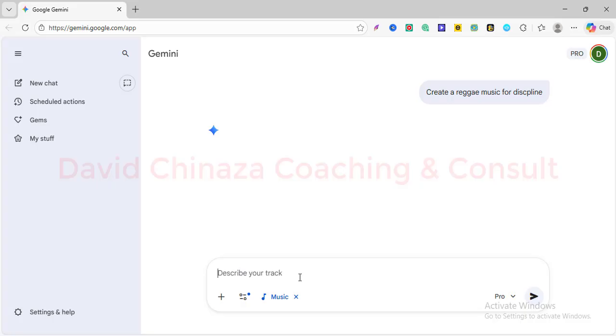Remember, this is just for tutorial purposes. You need to give it a detailed prompt on what you really want the music to be like. You can as well give it the lyrics and the kind of music or the beat you want it to produce. So I just gave it a simple prompt. With this, it's going to figure out every other thing, and it will as well create a background cover art